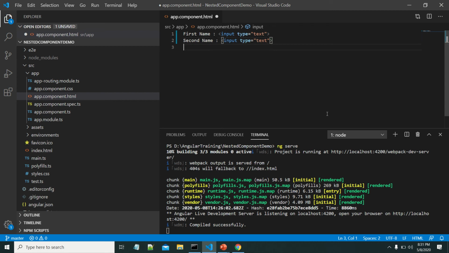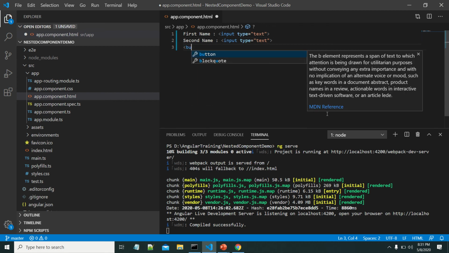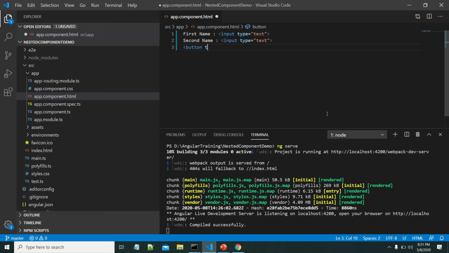Let me create one more button. Let me create one click event where we need to define the method. Let us give the name concatenate.